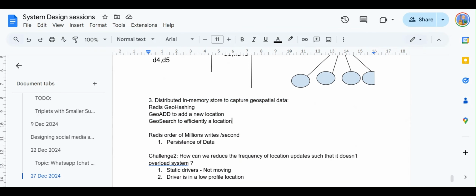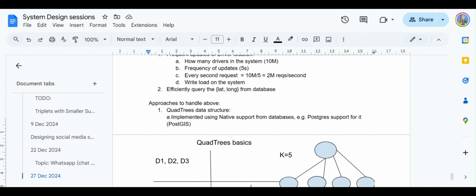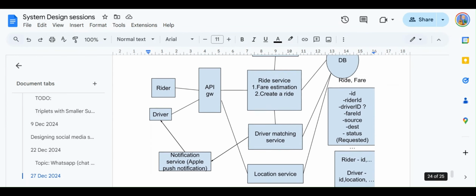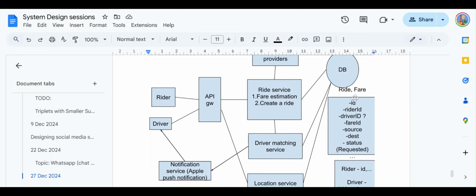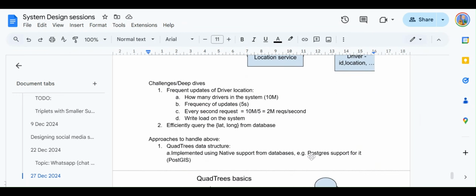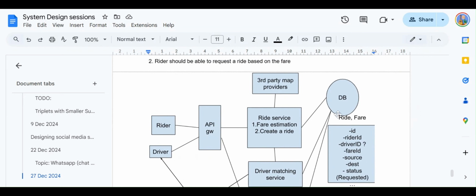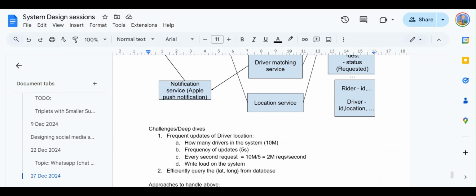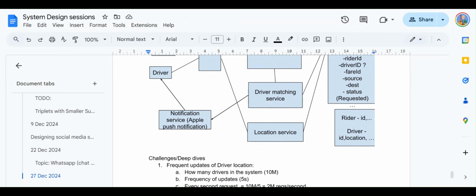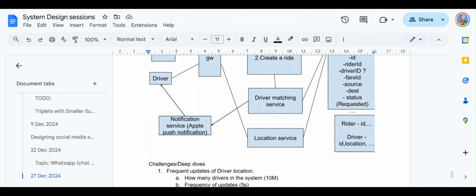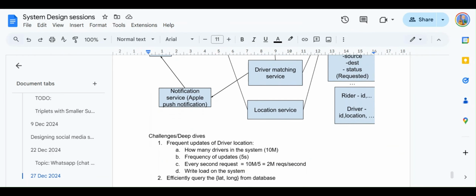So the idea to solve this challenge is that we'll find the nearest drivers from our Redis and send the request to the driver. Instead of this DB, we'll be using a Redis cluster to store the location, and the driver matching service and location service are going to talk to that Redis in-memory database.